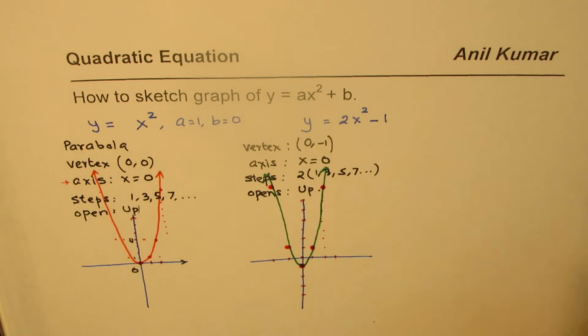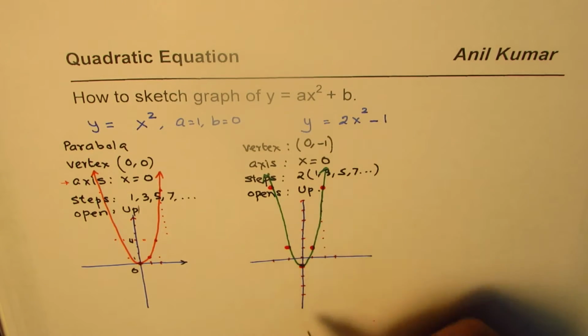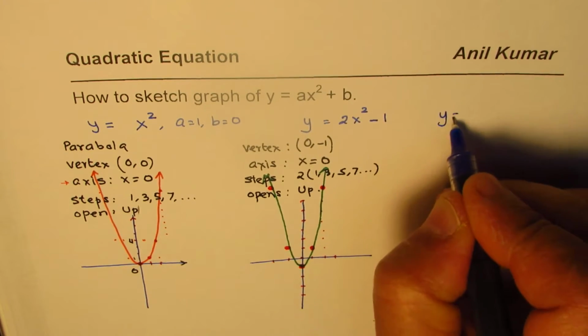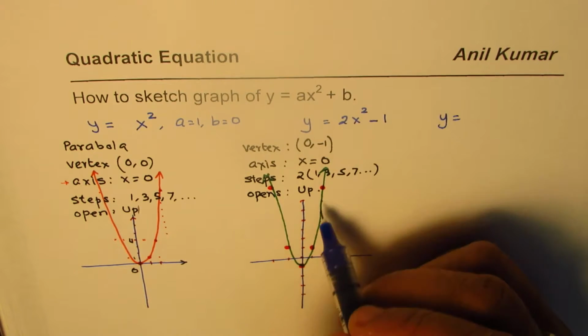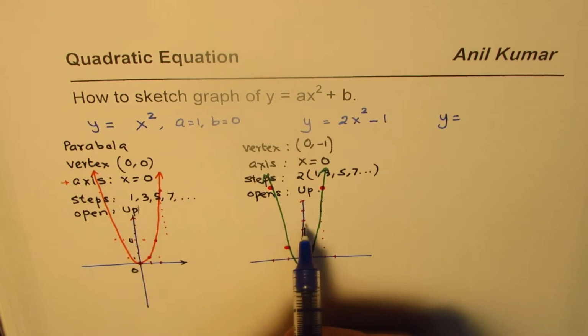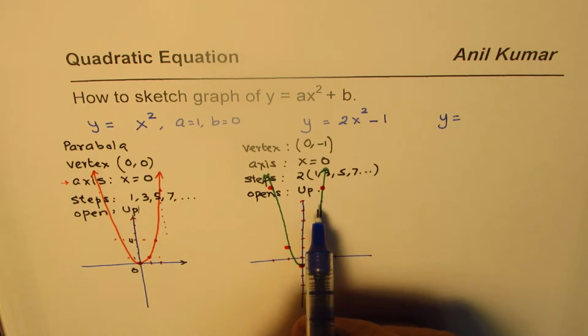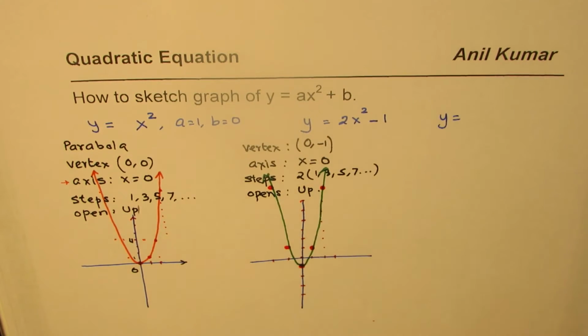Now let me take an example where the graph opens downwards. And this time I will make it wider. So when we do times 2, it becomes narrower. You can compare these two graphs. This is much narrower than the other one. Since in this graph we have vertical stretch,